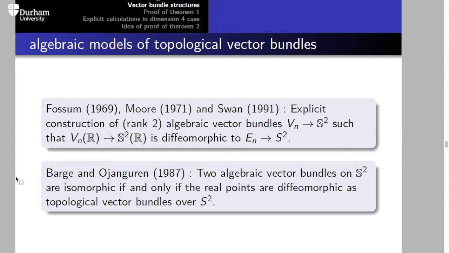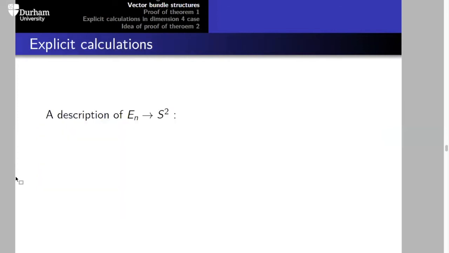I will not use this result to prove the theorems, but it is very important, first of all, to understand where these examples come from and how far we can go with them. Okay, so what I'm going to do is do a construction, an explicit construction, to make the algebraic models of these topological vector bundles. So first of all, I'm going to give a description, one way of describing this bundle En over S2. And to do it, I'm going to use